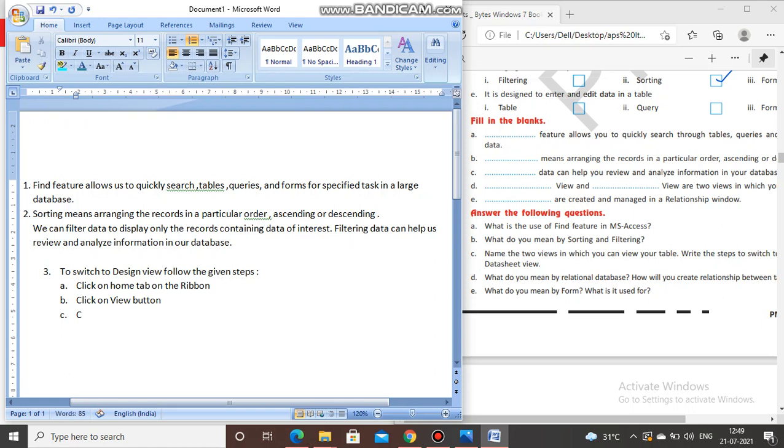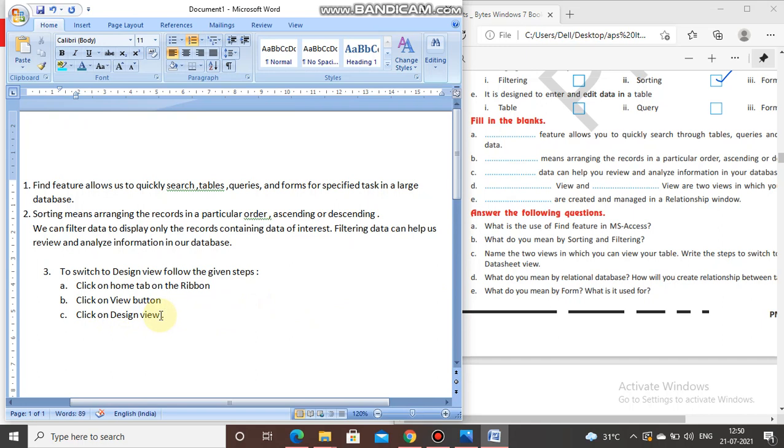Third, click on design view. Okay, these are the 3 steps in which we can switch to design view, and the same will be while switching to datasheet view. Only the difference is that instead of design view, here we will write datasheet view. Okay, if the question changes in the examination.